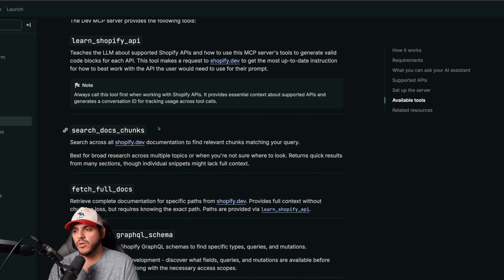apps or themes. So go ahead and give it a try, see what you can build with the Shopify Dev